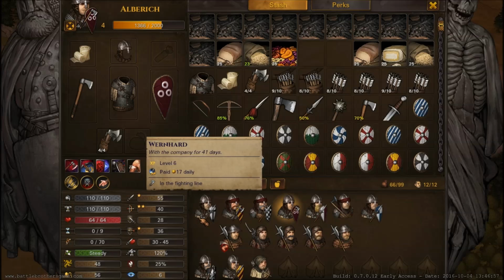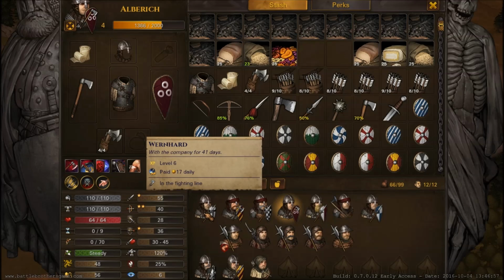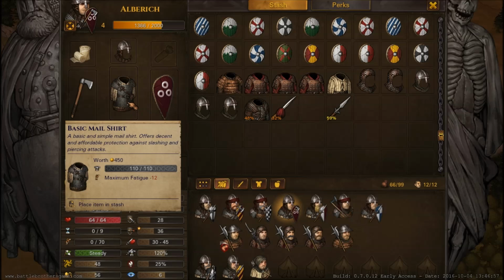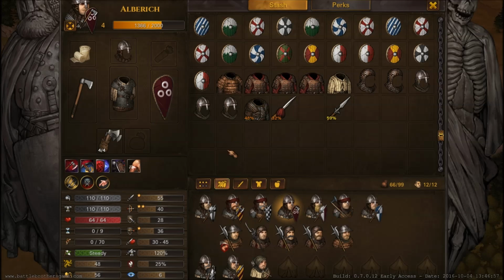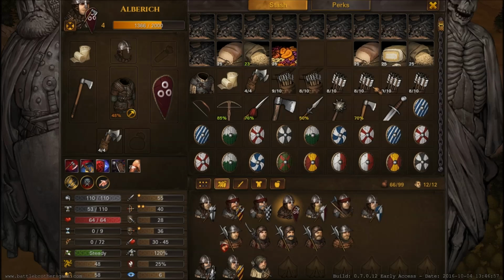As far as Wernerd or some of our more veteran guys who are holding spears, I think we'll get them better armor because, again, this is equivalent protection to the basic mail shirt. So it's not that much better, it's just less fatigue penalties. So I think somebody like Alberic is a good fit for that right there. We'll throw that on him, and then